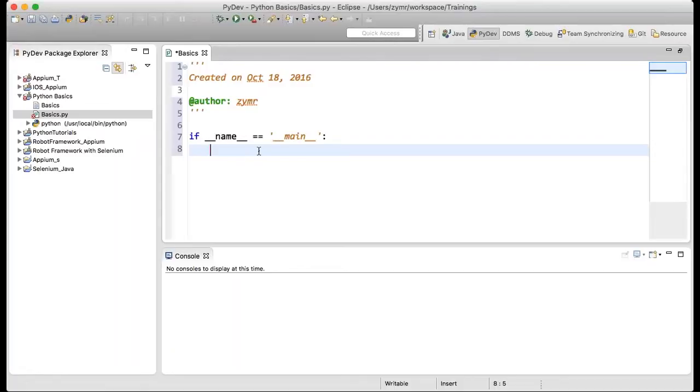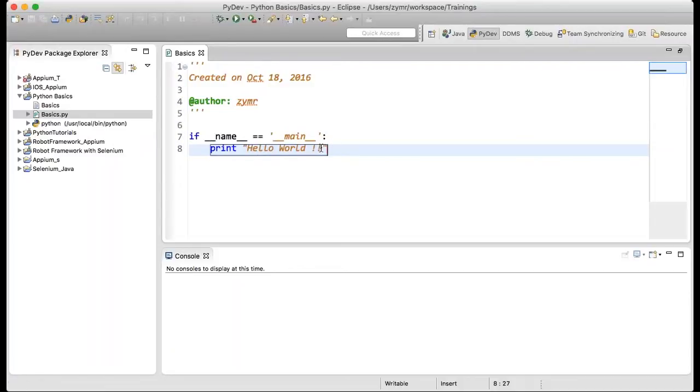So we want to print a statement, right? In that case there is a command called print. If I say hello world, with this, now I have written this statement.